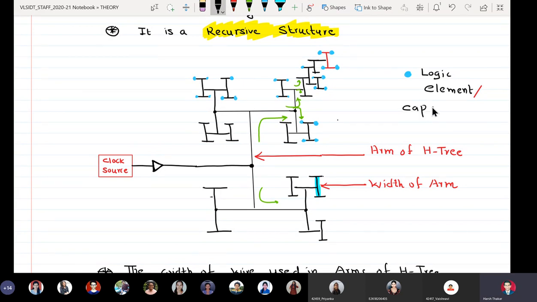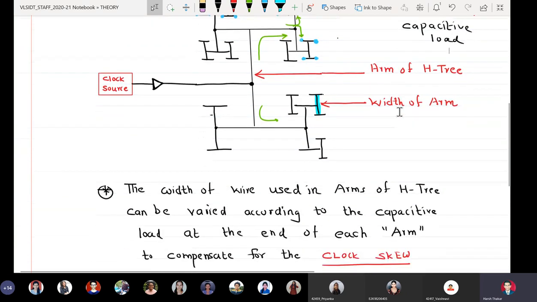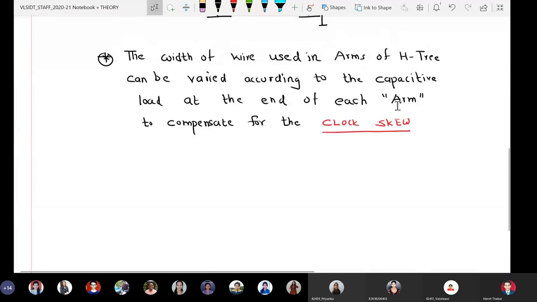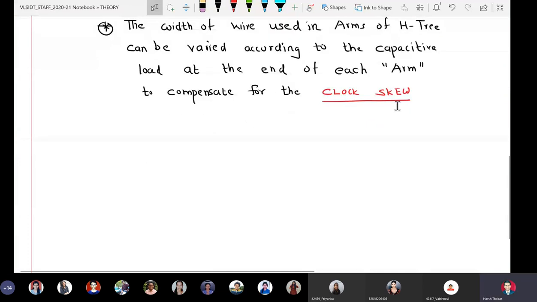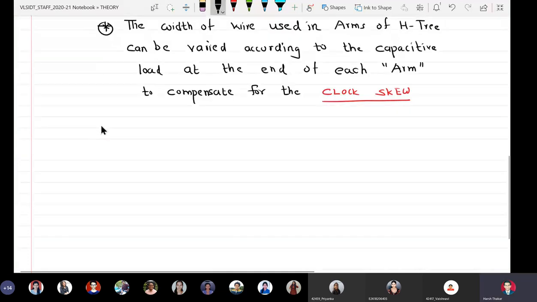Logic element or capacitive load. Depending upon the size of capacitive load or logic element, I am having the freedom of varying the widths of the wires used for the arms.